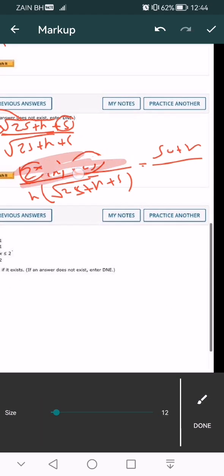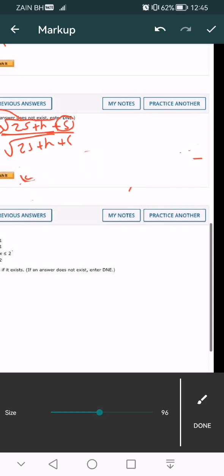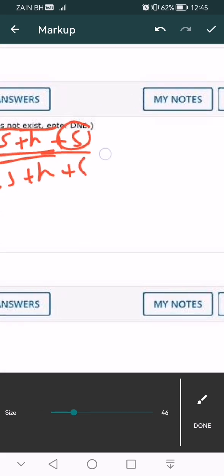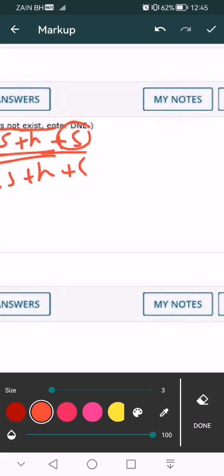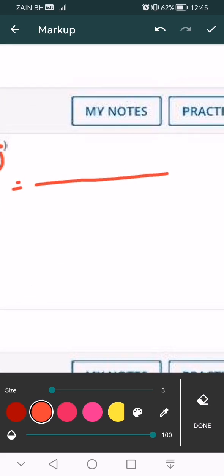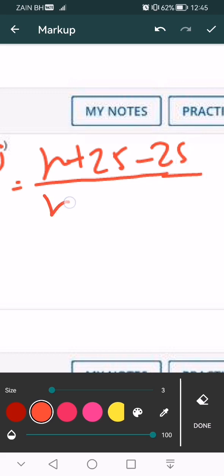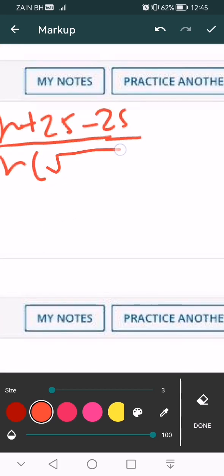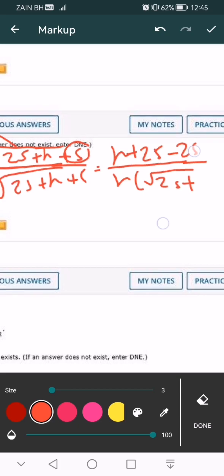This is my mistake, I forgot minus. Okay, here minus plus, so that in the end we'll get, I will get what, equal square root with square root will go, so h plus 25 minus 25 over h into square root of 25 plus h